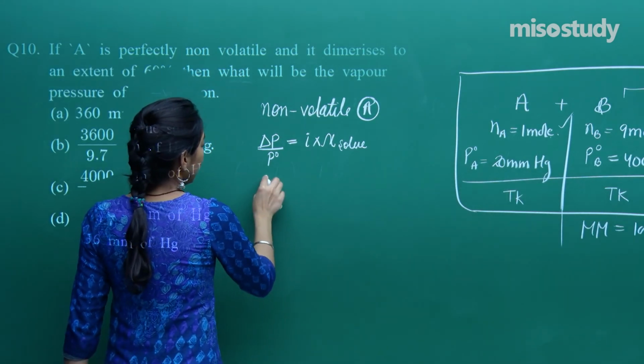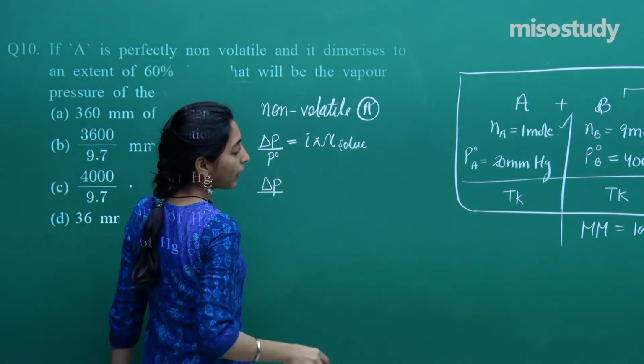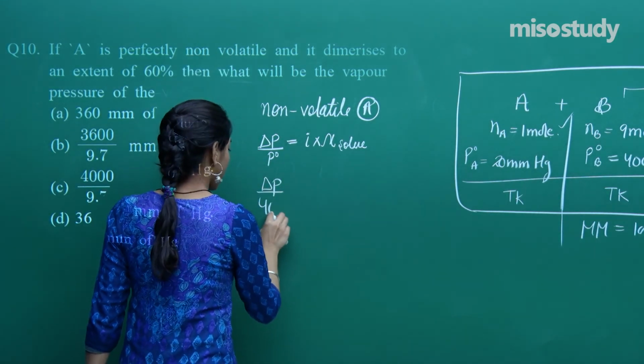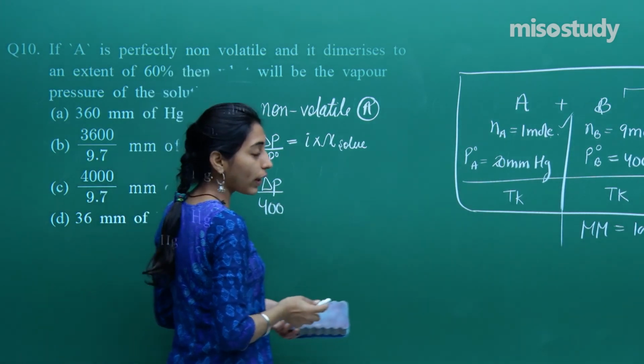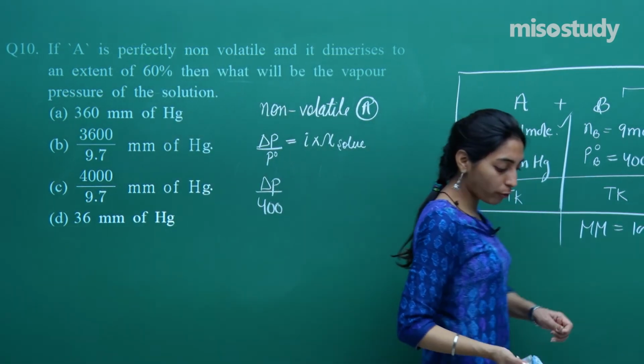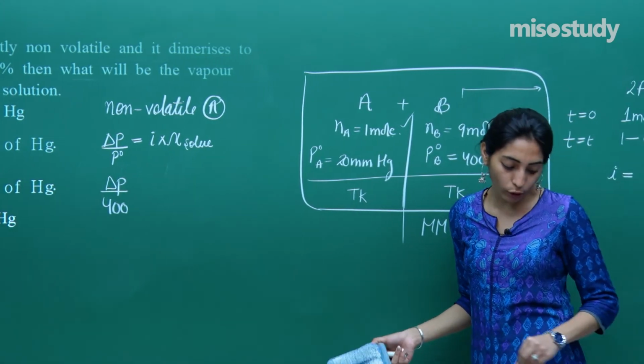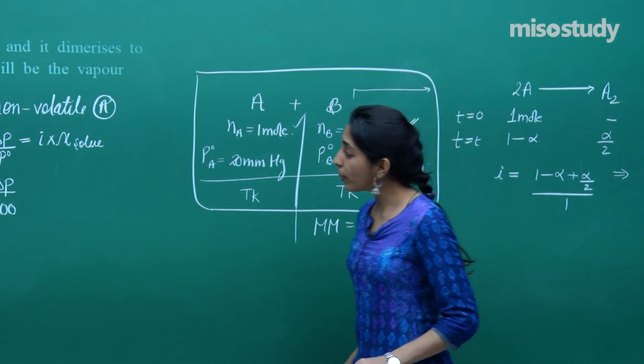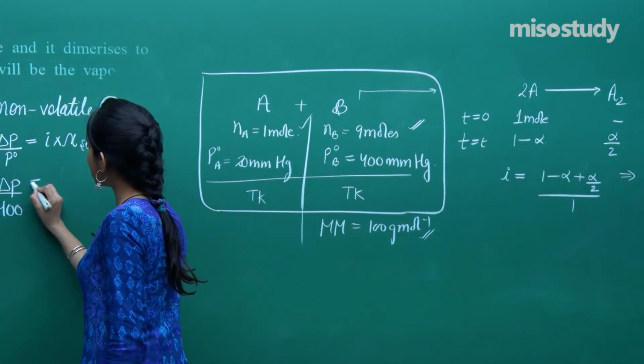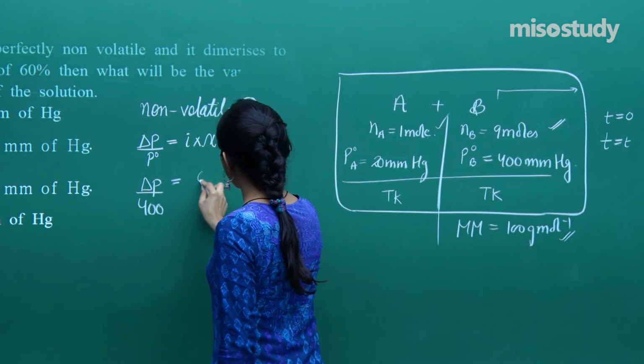So delta P divided by vapor pressure of pure B was 400. Okay. So this was the vapor pressure of pure B, which was given to us as 400 to be divided, which will be equal to the value of I as 0.7